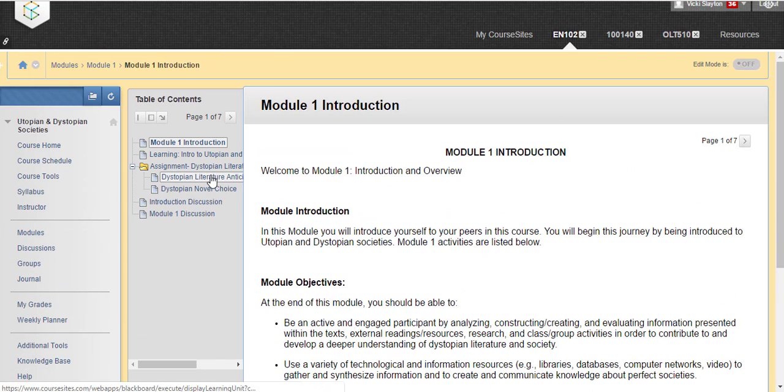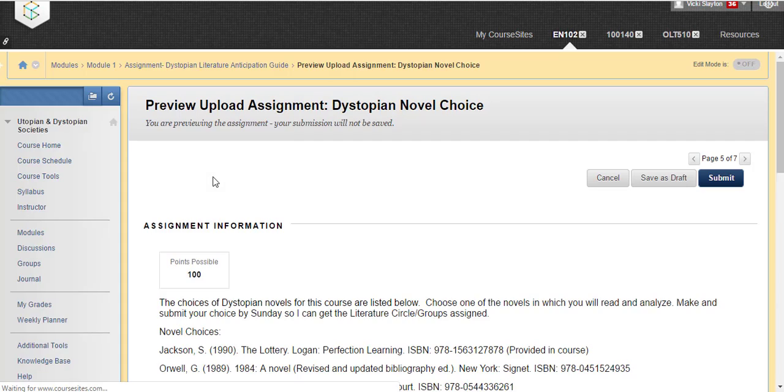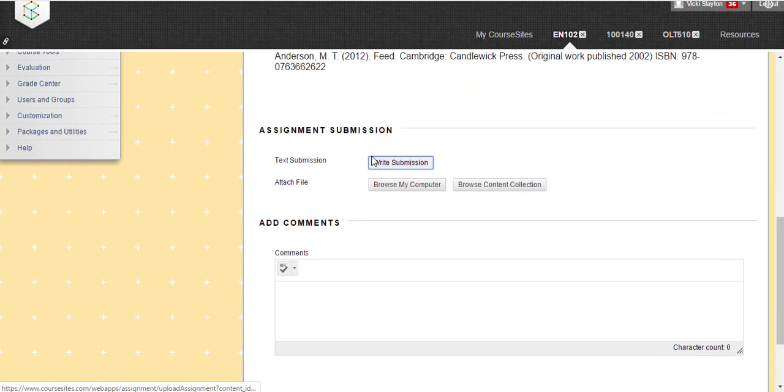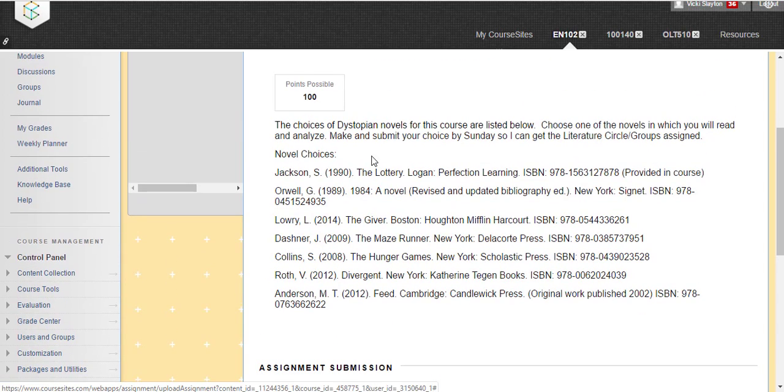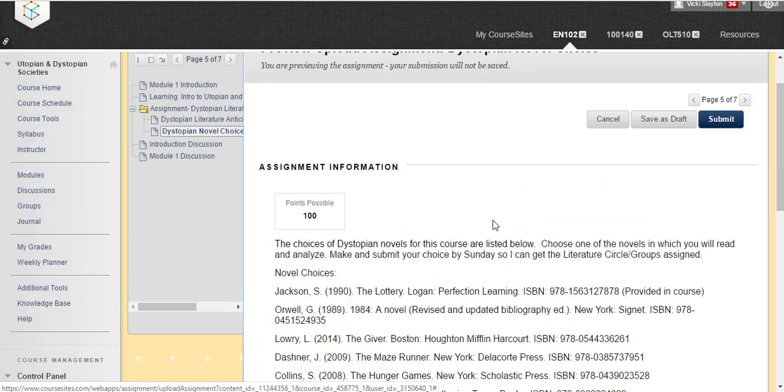I will give you an example. As an assignment, students will complete the Dystopian Literature Anticipation Guide, and also they will have to choose the dystopian novel that they will read throughout the course, and they will submit their choice so the instructor can form groups based on the novel the students choose to read.